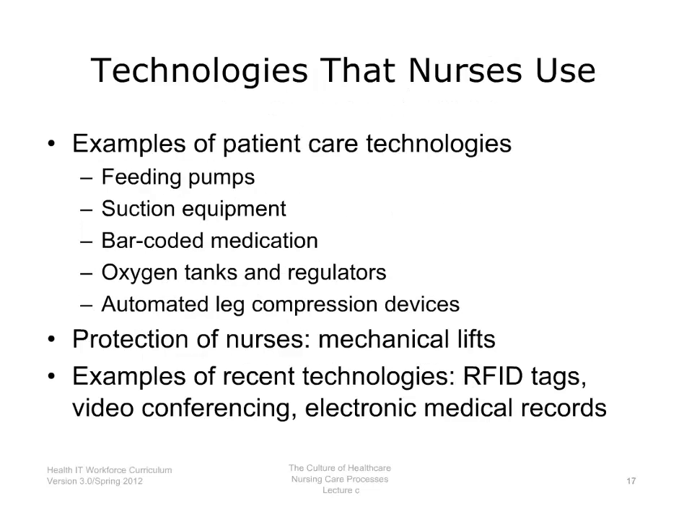Nurses use technology when providing direct patient care to protect patients from harm, to monitor patients, and to protect themselves from harm. Nurses also use technology to communicate, gain training in new skills, and manage staff and inventory. Examples of direct patient care technologies include feeding pumps, suction equipment, bar-coded medication, oxygen tanks and regulators, and automated leg compression devices. An example of technology used to protect nurses is the mechanical lift, used to move patients from bed